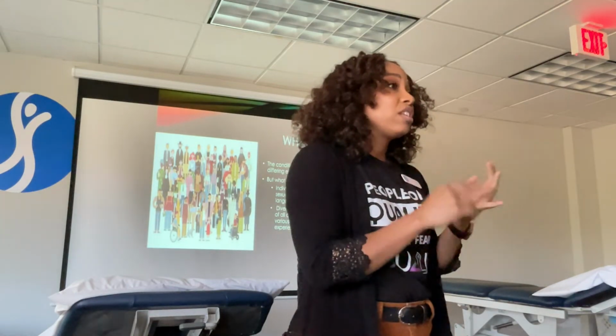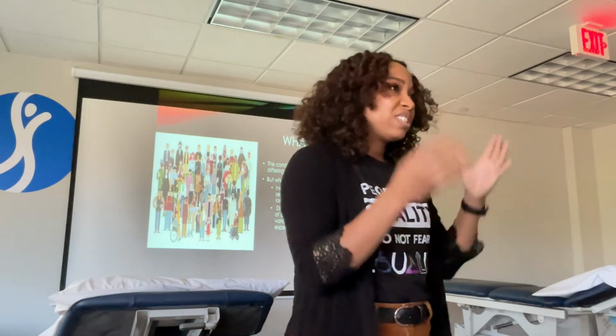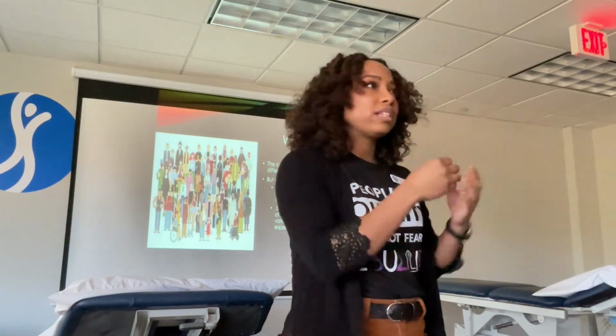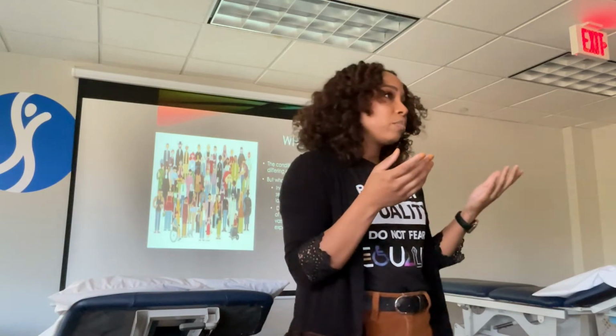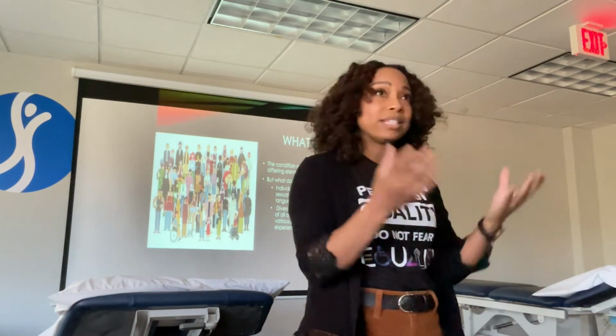So the boring stuff, we'll knock out just the definitions really quick. Diversity, everyone probably has an idea of what diversity is in their head. The textbook definition is the condition of having or being composed of differing elements, so just variety. In the social context, though, that means people of different races, ethnicities, gender, sexual orientation, socioeconomic status, religious beliefs, language, and geographical origin. I think people tend to boil it down to race and ethnicity a lot. And having a diverse community is one where all of those people that I mentioned before can come into a space and coexist.